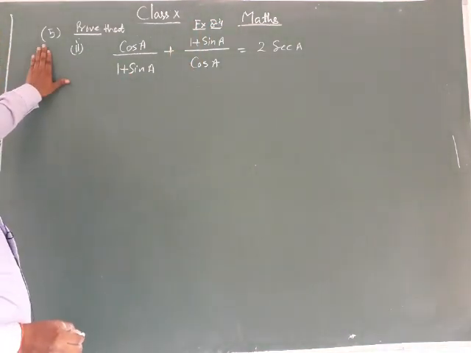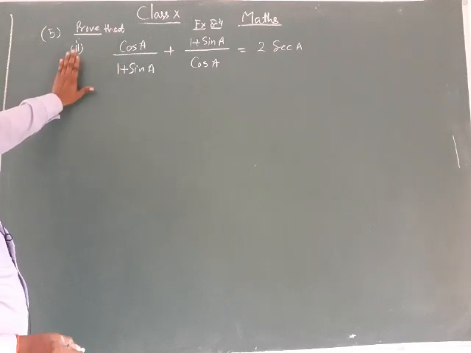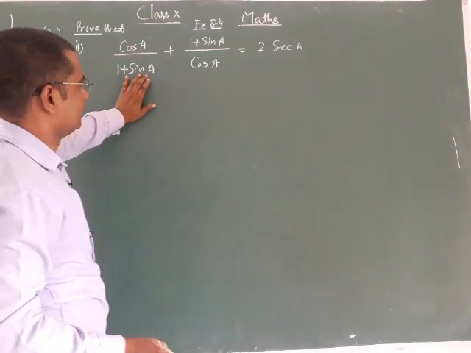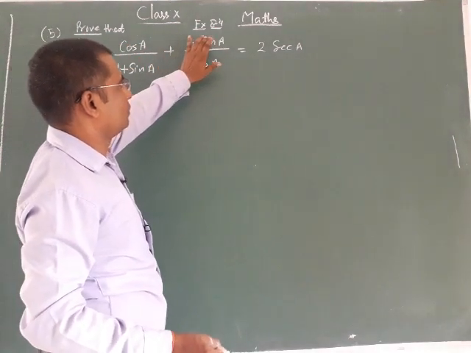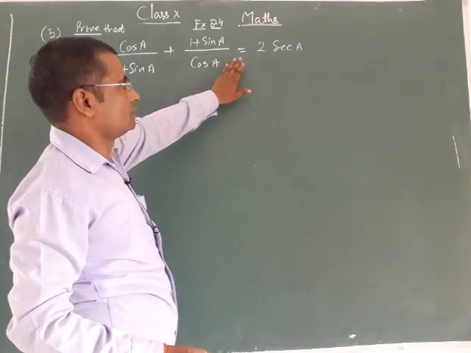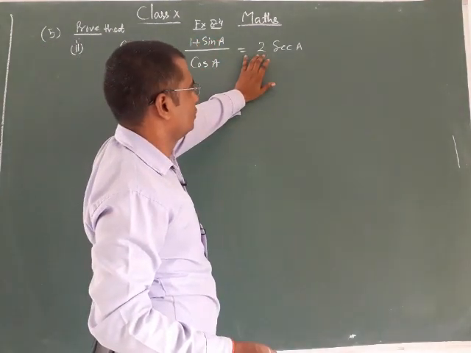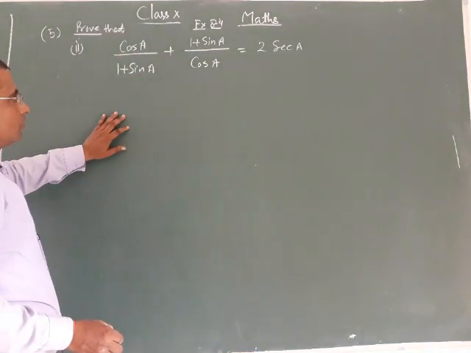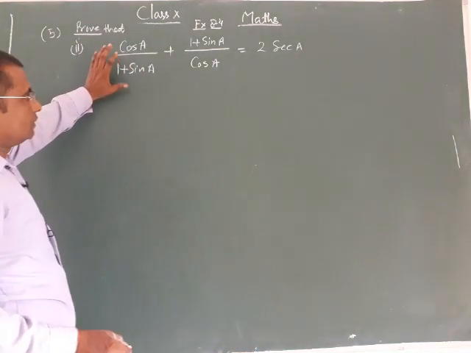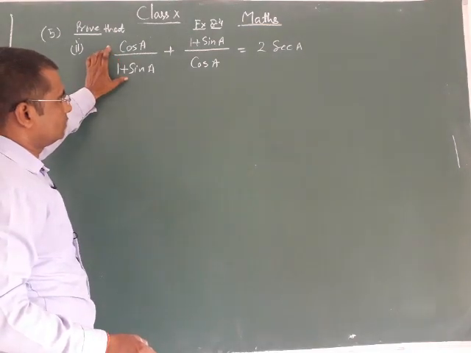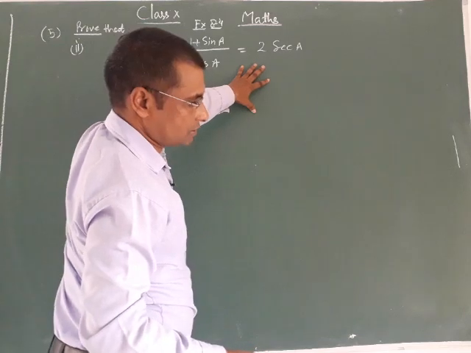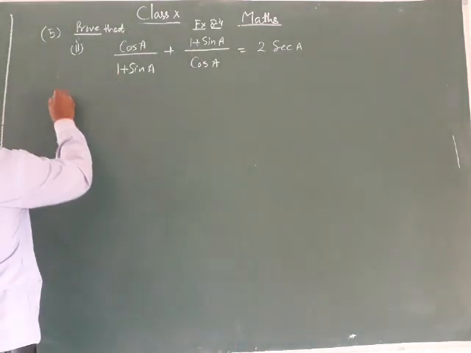Question number 5, second part. Prove that cos A upon 1 plus sin A plus 1 plus sin A upon cos A is equal to 2 sec A. So, we have to prove that LHS is equal to RHS. Now, taking LHS,